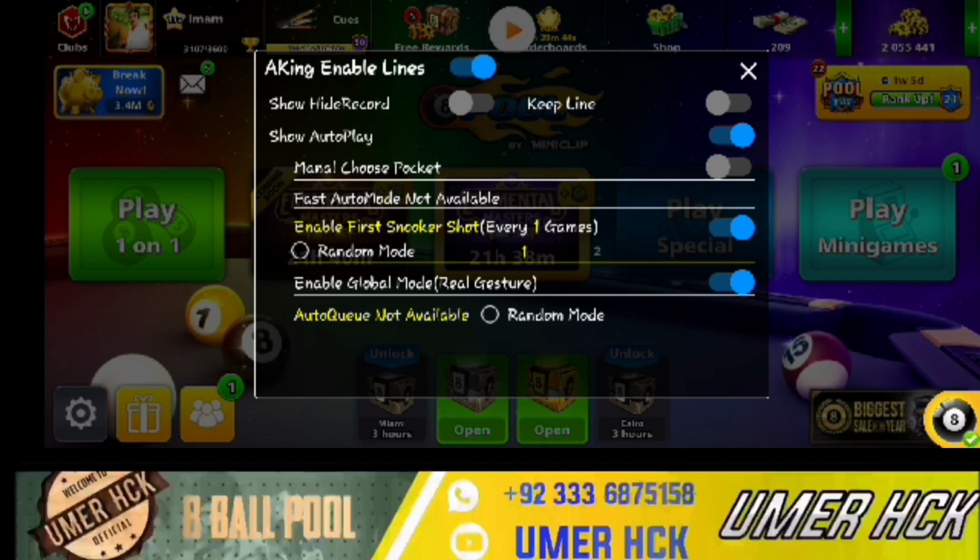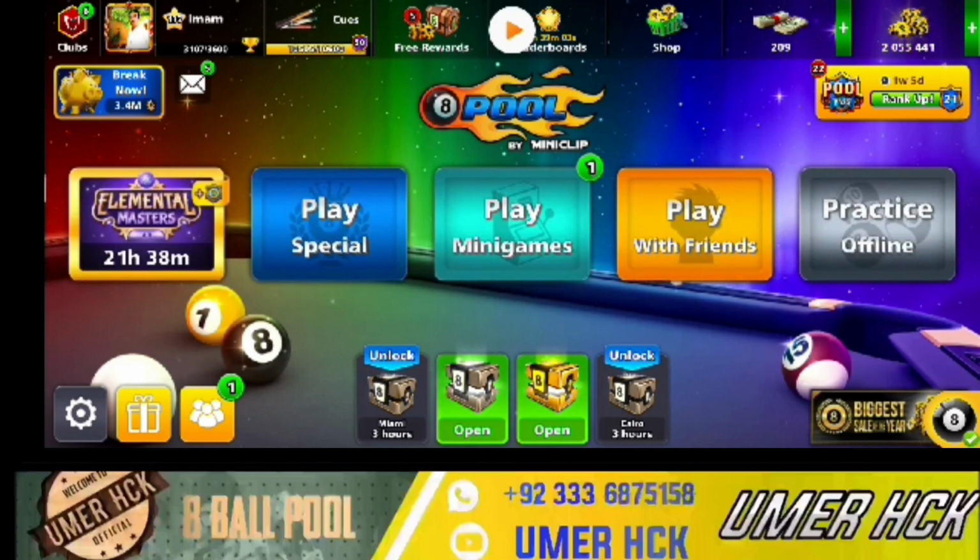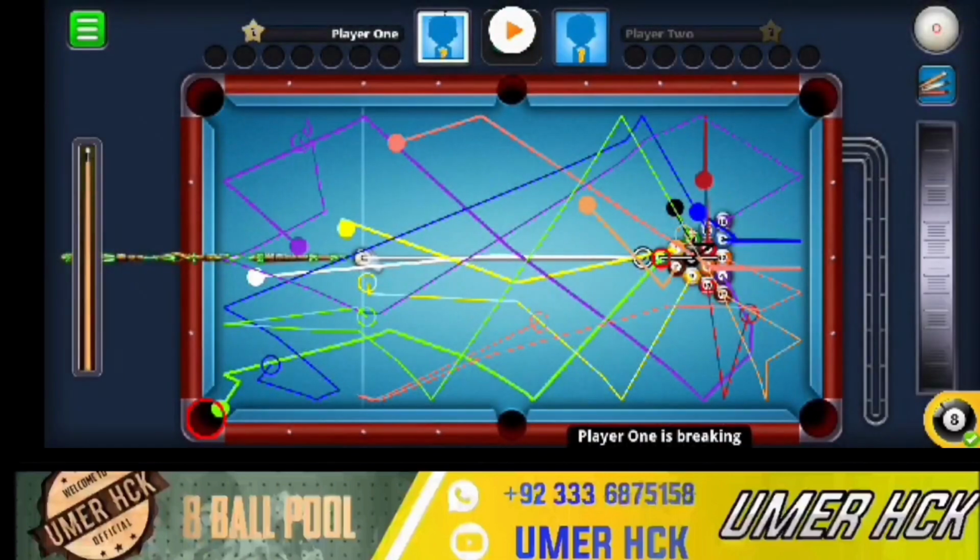After that, here is the option for fast mode and auto query mode. If you purchase the subscription of fast mode and auto query, fast mode means that your game will be played fast. Auto query means when your game is over, whether you win or lose, AimKing automatically goes back and chooses the next table which you have selected from the AimKing menu. 0 is for Berlin, 1 is for 30M, 2 is for 20M, and so on. Whichever option you select, when your game is over, AimKing goes back and plays the next table automatically.